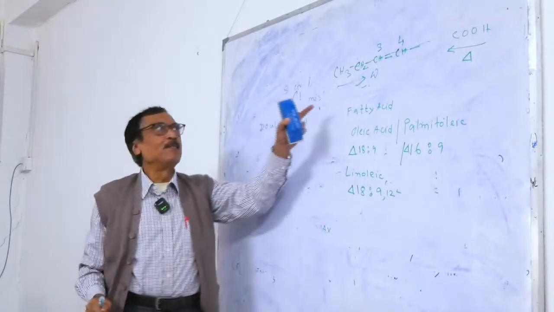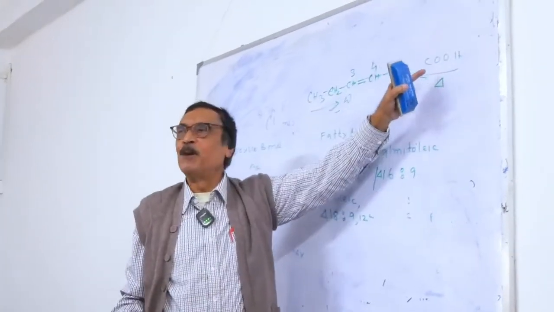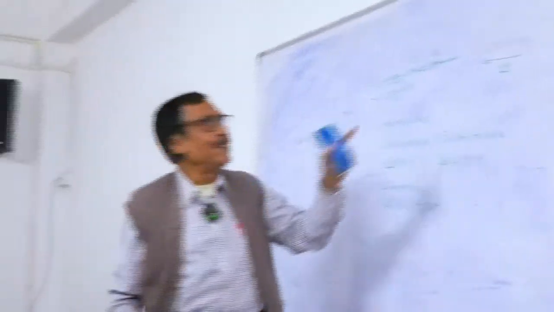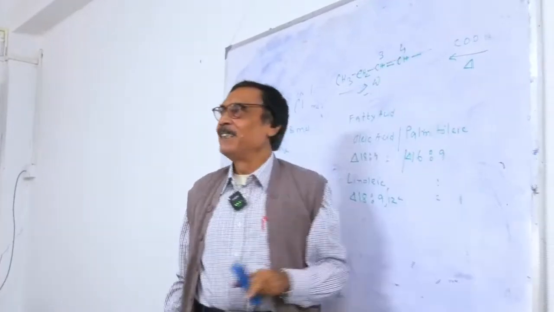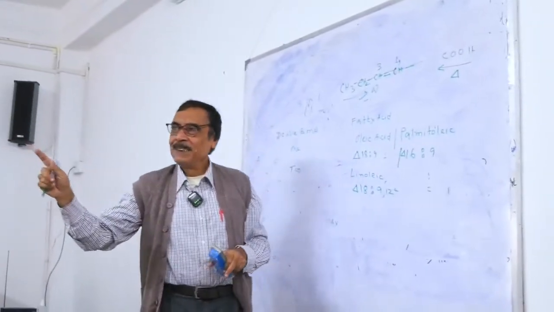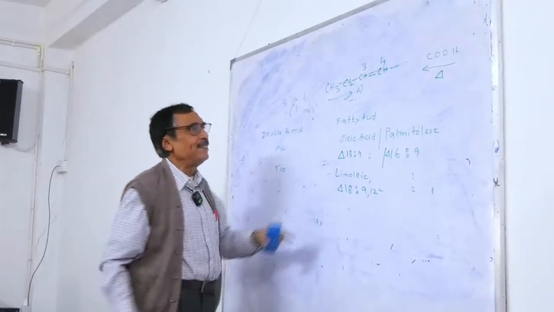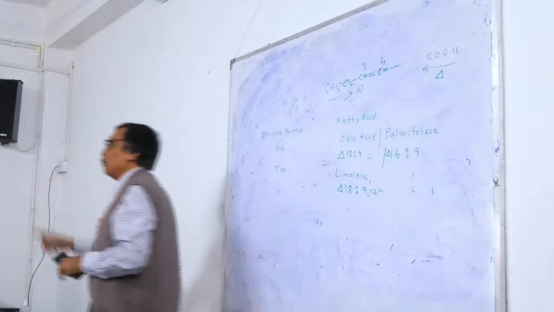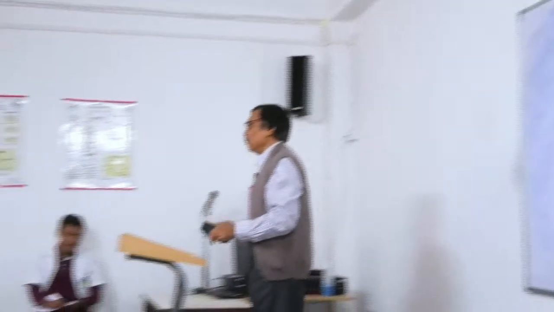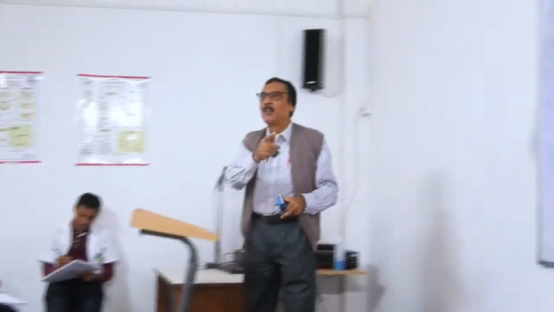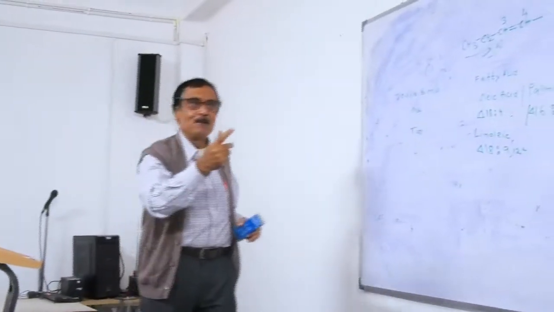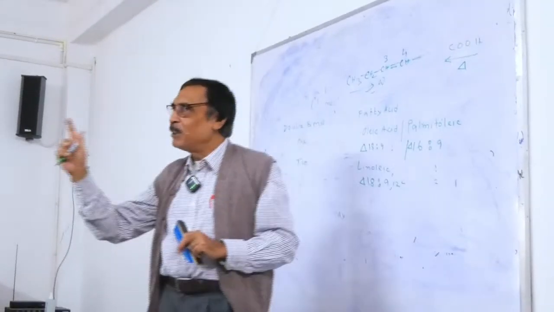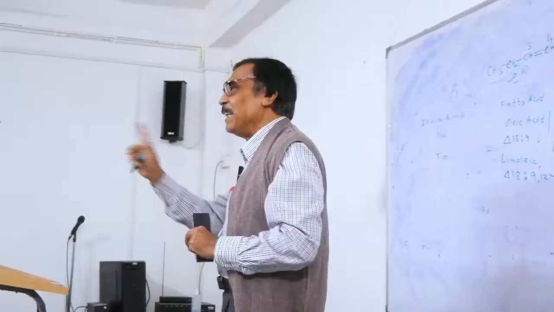আবার এদিক থেকে যদি 6 আর 7 যদি থাকে ডবল বন্ড, তাহলে ওমেগা 6। আর এদিক থেকে যদি 9 আর 10 যদি থাকে, সেটা হচ্ছে ওমেগা 9। ইন কেস অফ অলিক অ্যাসিড ইট ইজ ডেল্টা 9 অ্যাজ ওয়েল অ্যাজ ওমেগা 9। তুমি যেদিক থেকেই কাউন্ট করো, 9, 10 হবে। কার্বক্সিলেট গ্রুপ থেকেই কাউন্ট করো আর মিথাইল এর থেকেই কাউন্ট করো না কেন, পজিশন অফ দ্য ডবল বন্ড উইল বি 9-10।